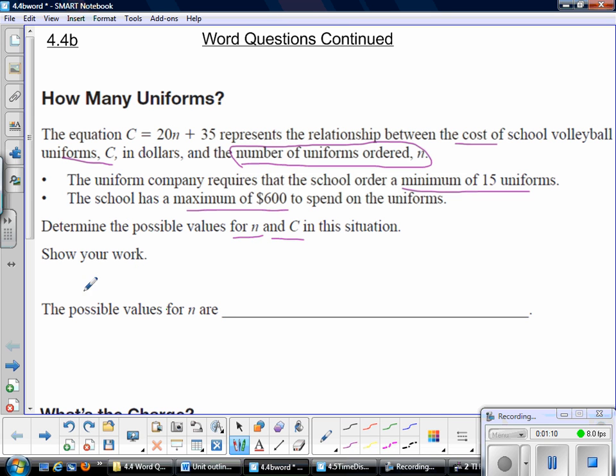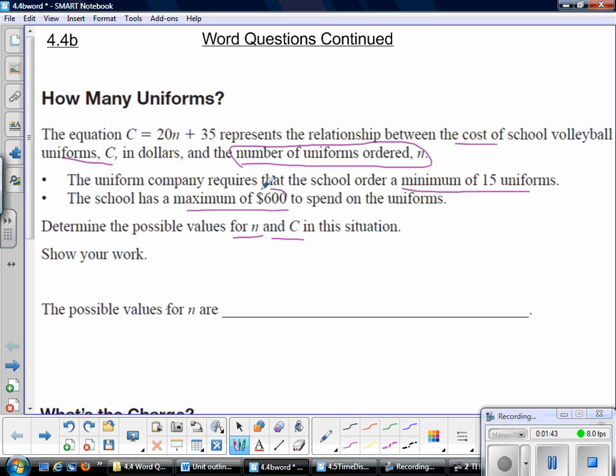Show your work. And then it says the possible values for N are. Well, I think that it asks us here for the possible values of N and C. So it's stated here, even though they went and put a line here, I can fill it in for N, but I also want to make sure that I've shown them that I figured it out for C as well, because they did ask it. Show your work means show our calculations. Okay, so we want to have something that they can follow. Okay, so the first thing is